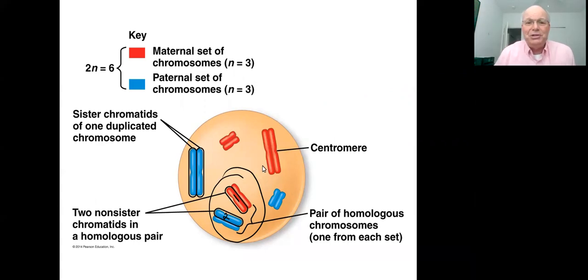Well, remember, each sister chromatid represents a potential chromosome and also represents a single DNA molecule. So we've got 6 chromosomes, but we've got 2 sister chromatids in each chromosome. So it's going to be 6 times 2, that's 12. So there are 12 DNA molecules or 12 potential chromosomes in here. Then the second part of the question asks,